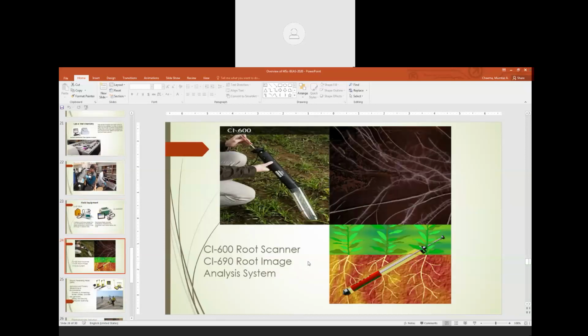This is the root scanner which I mentioned. We actually purchased a new one in this semester for one of my research projects. I bought a WinRhizo that can quickly scan roots. If you have any experiment in the lab, you can uproot any small plants, just wash them, put them in that tray, and you can quickly scan all the root morphological traits, which was not possible in the past. You can do it live or in situ using this root scanner.